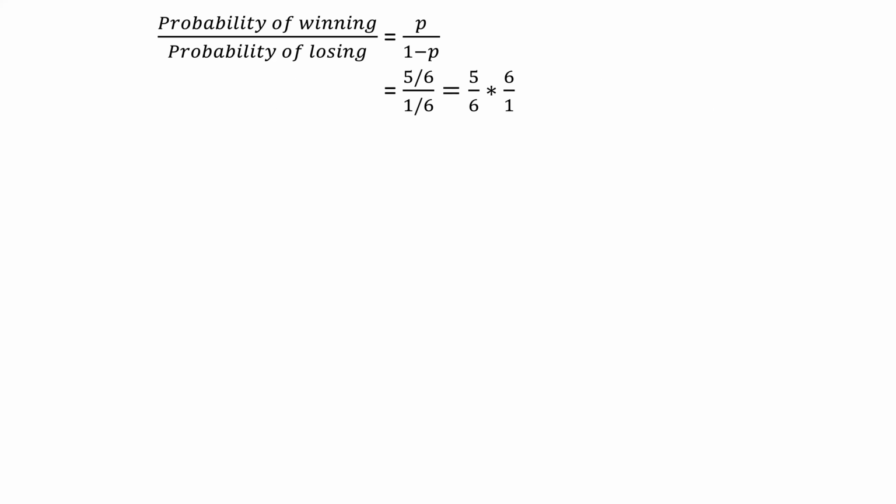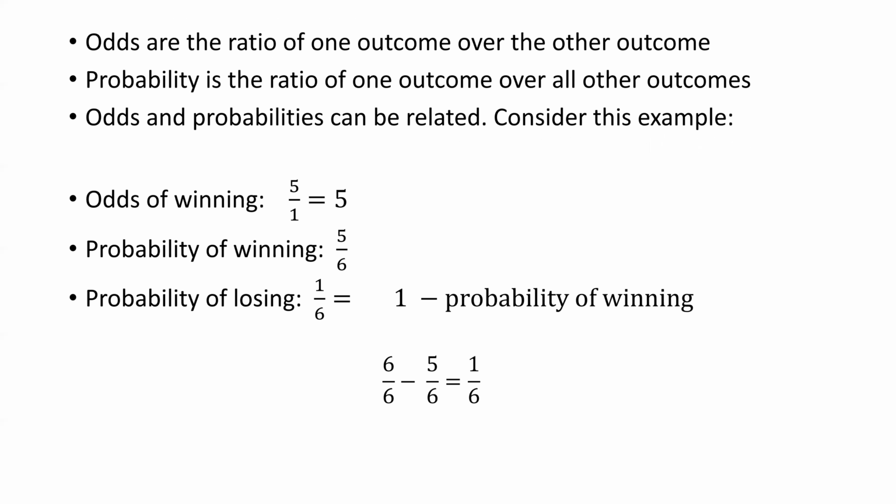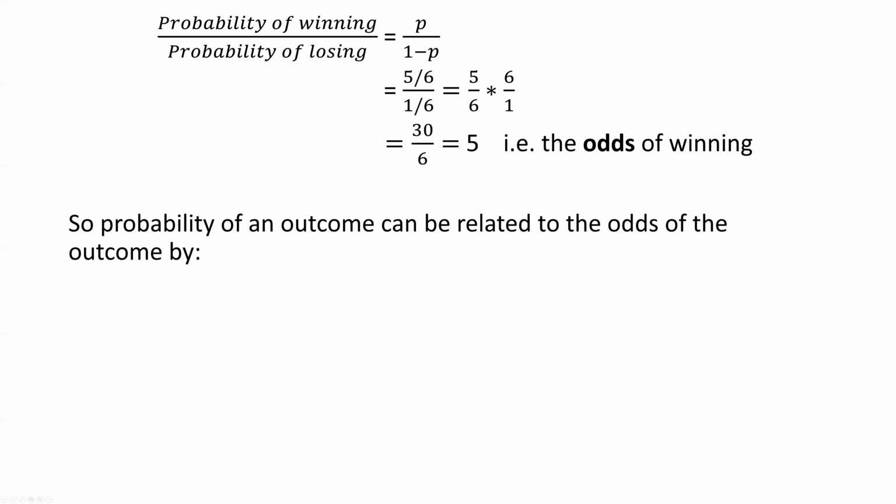5 over 6 divided by 1 over 6. So you flip one of those fractions and multiply them, and you end up with 30 over 6 equals 5, i.e., we go back, odds of winning equals 5 over 1, okay? So that means that the probability of an outcome can be related to the odds of an outcome by P over 1 minus P. The probability of winning divided by 1 minus the probability of winning,